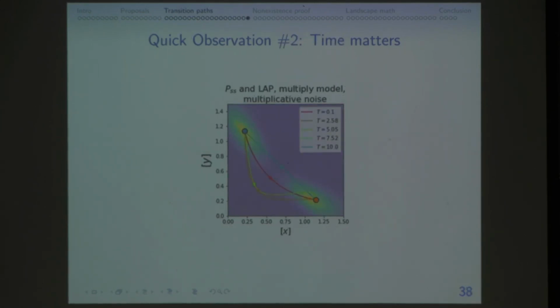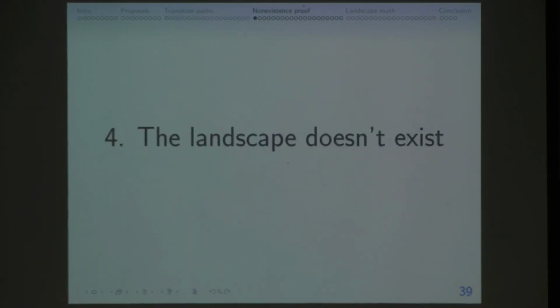The other thing is that if you ask what's the most likely way to get from point A to point B in 1 second versus what's the most likely way to get from point A to point B in 10 seconds or an hour or something, the answers can be qualitatively different, which is kind of interesting. So for example, if I go from here to here, depending on the amount of time I say it will take, the most likely path can curve to the left somehow. And again, this is interesting and not really consistent intuitively, I think, with the idea of going according to the contours of a landscape.